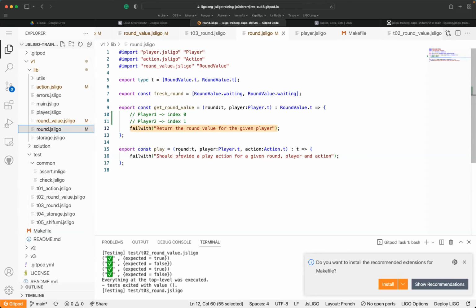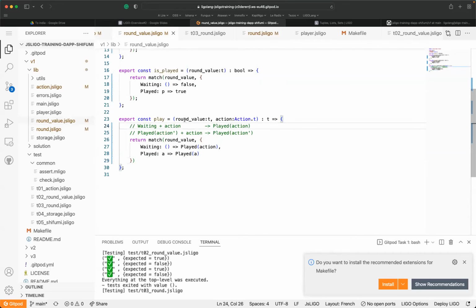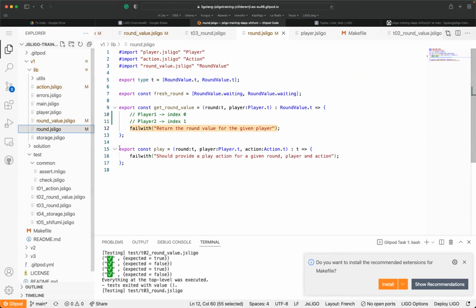Okay, so this one could be done quite easily. If you remember, the most important part here is not the round, because we have the round, but we would like to extract the round value. If you remember the play action, we would like to have the round value, so we have to write a new one. Here what we want to do is just to extract new information thanks to the player. How to do it?